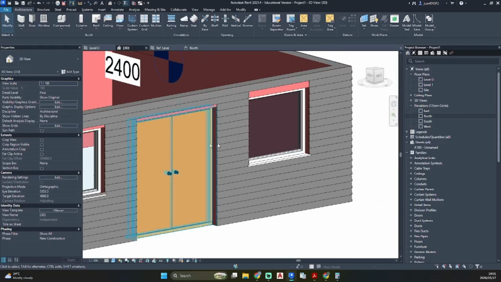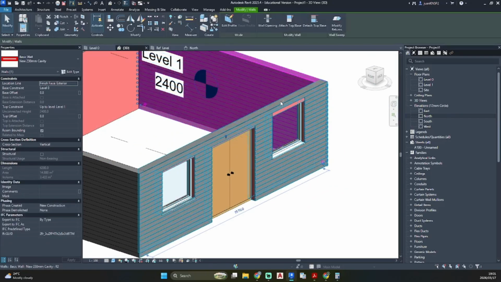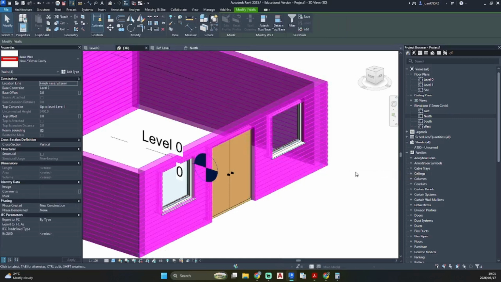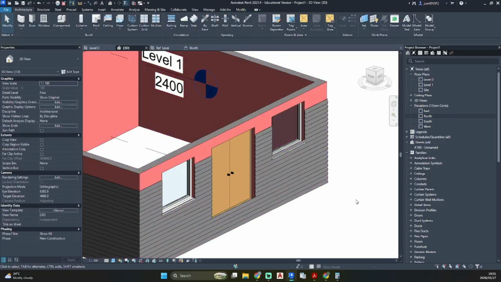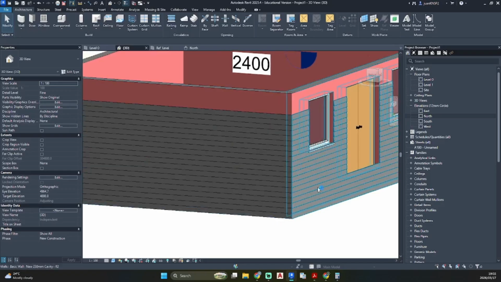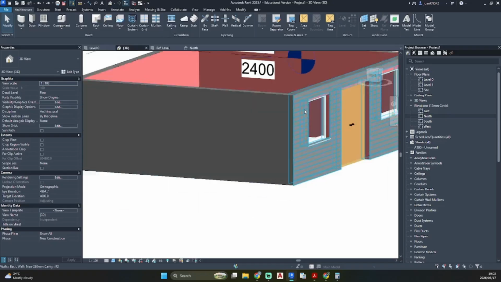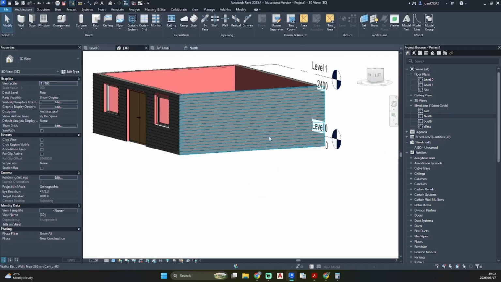So by doing this, you can do multiple sorts of panels. So I'm just going to select my walls and I'm going to give it a base offset. Let's go with minus 500. So since this is not from the base, our cladding is only going up to there, so you'll need to add more panels, or you can do a different wall at the bottom that shows a brick material.